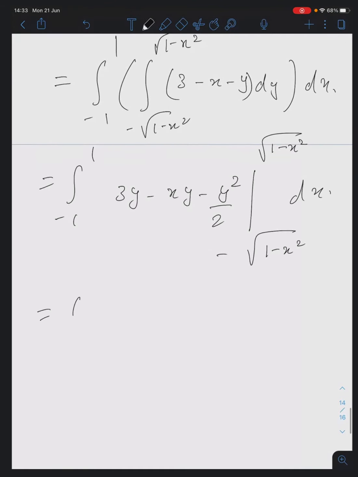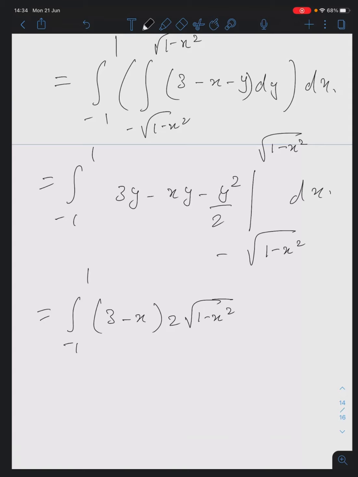Now substitute the limits. Minus 1 to plus 1. Okay, 3 minus x I will take common here. For y, upper limit will be root over of 1 minus x square, minus lower limit will be plus root over of 1 minus x square. So 2 times I will get this thing. Okay, so 2 times of root over of 1 minus x square. Is this correct? Yes, ma'am. Okay, and this is what you will get now. Is it or not? And the next part, minus y square.